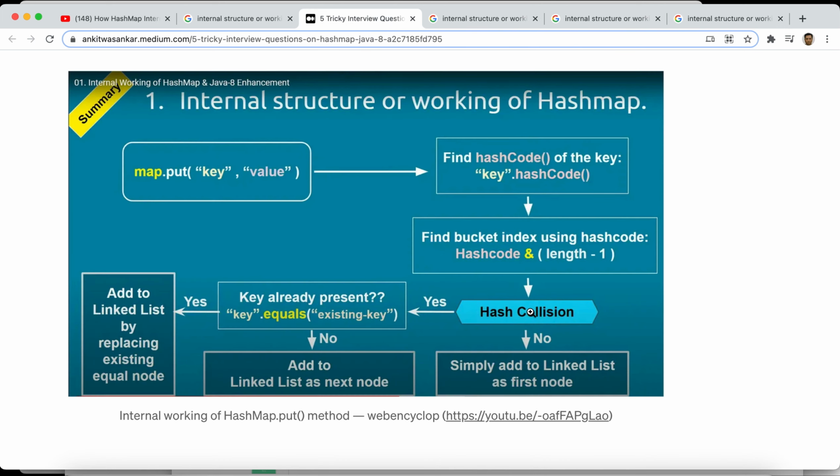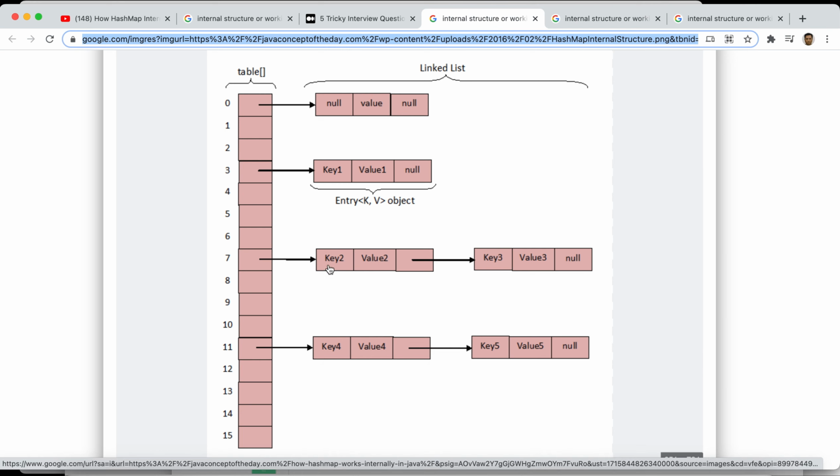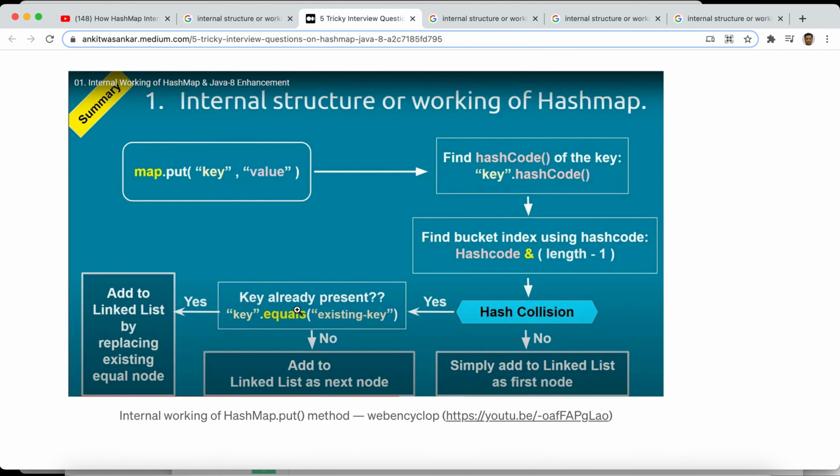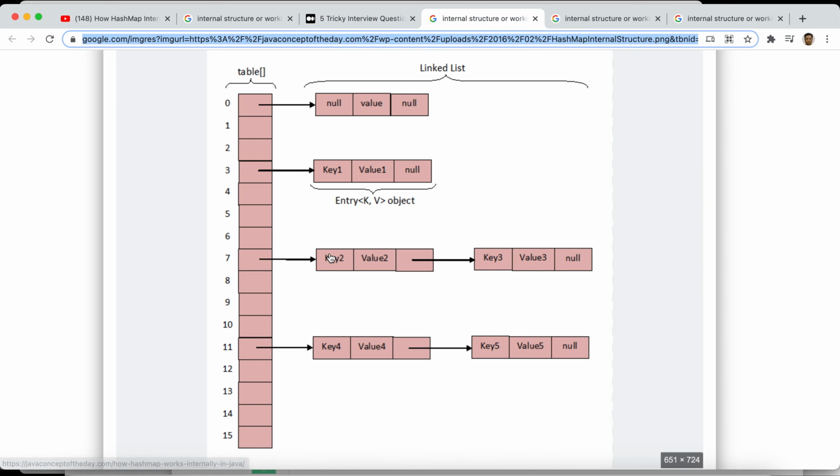If there is a hash collision, meaning the same index, we will compare the key. In this case, for example, key 2 and key 3. If the key is the same, the key is already present. If it's equal, then we add to the linked list by replacing the existing equal node. So we will just replace the node.